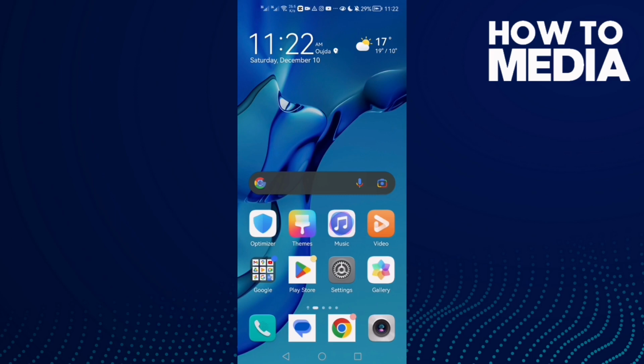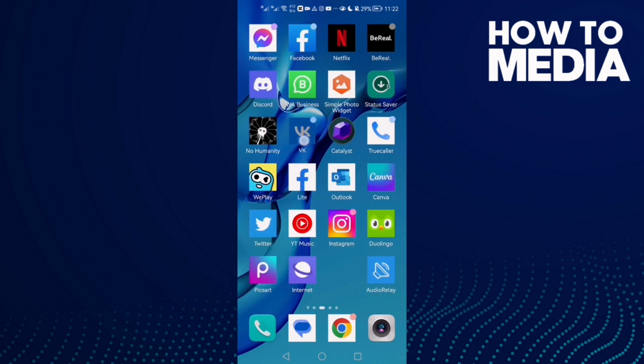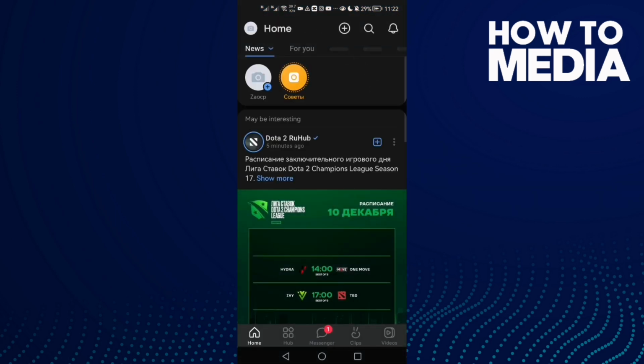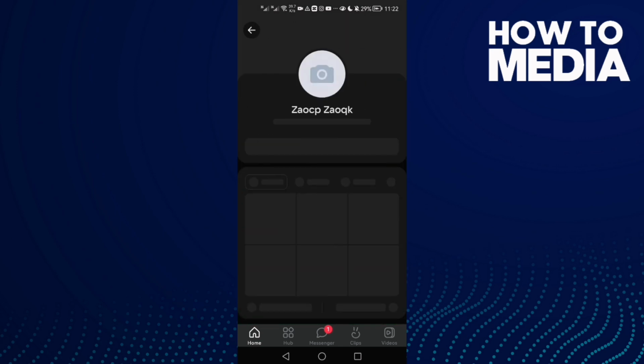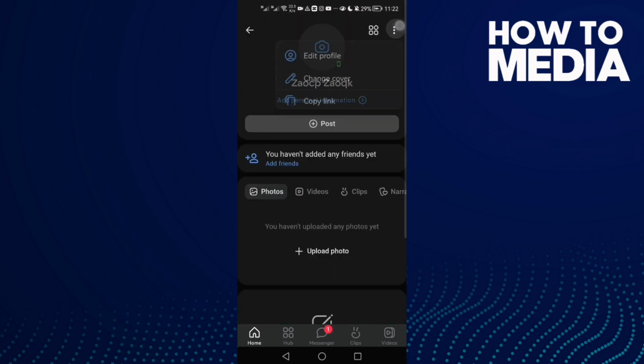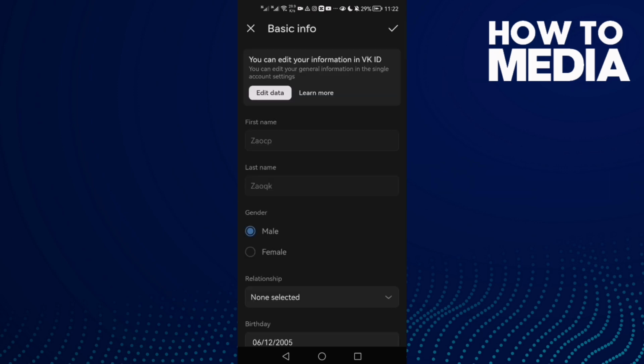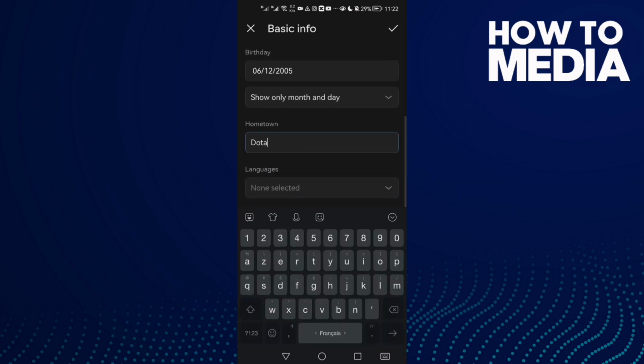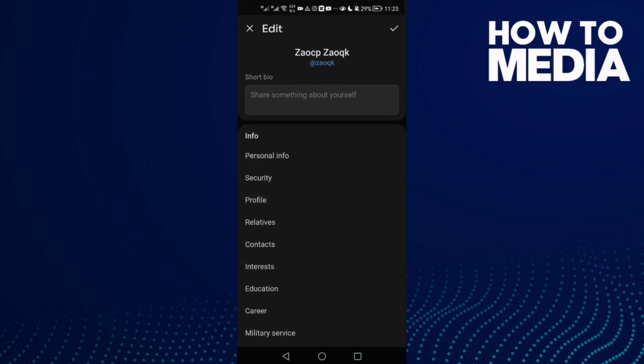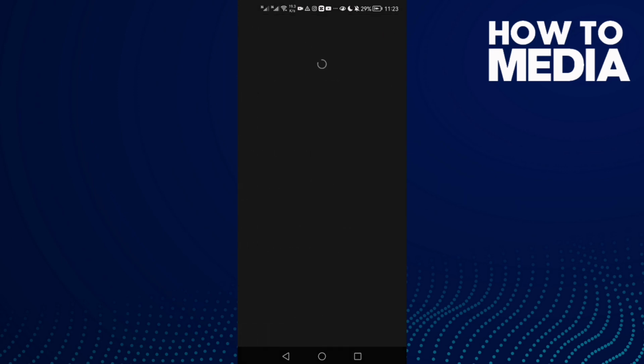How to remove your hometown on VK on Android or iOS phone. First, open VK and then click on your profile here. Now click these 3 points and then click edit profile, then scroll down, click profile, and now on here scroll down and here you will find your hometown. If you want to remove it, all you need to do is just delete it and save it. Don't forget to save, and that's it. As you see,